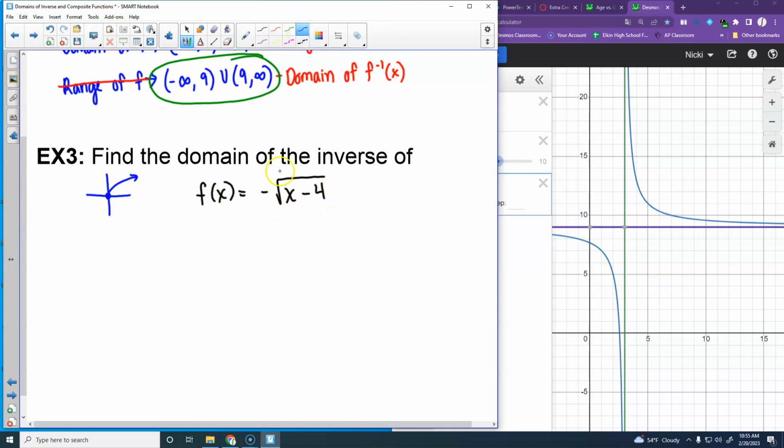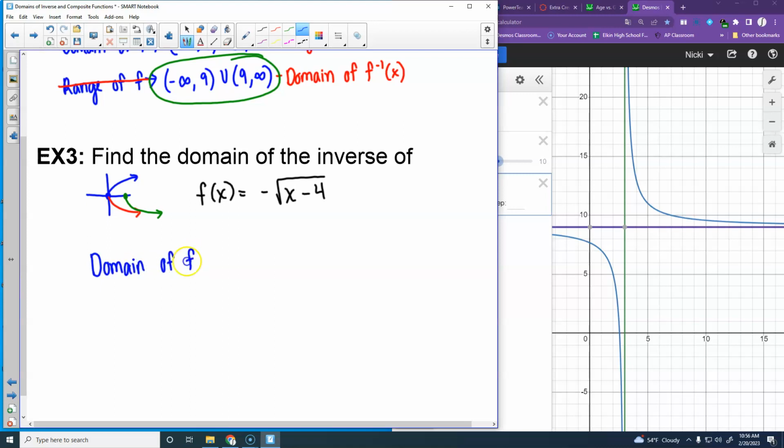So this particular graph, what's that negative out front do? Flips it upside down. And then what's the minus 4 do? Right 4. So we're looking at this green graph right here is our original. If you're trying to do this without actually graphing it, that's what we're going to be looking at. And so if I'm thinking of my domain